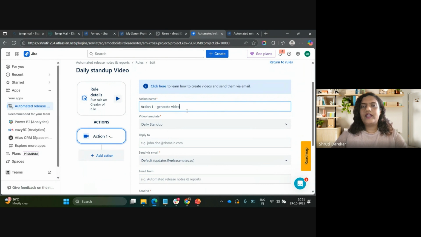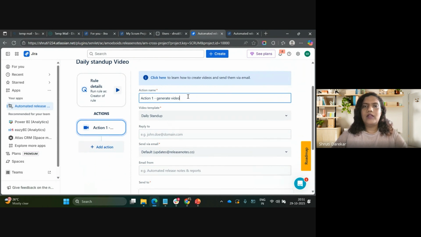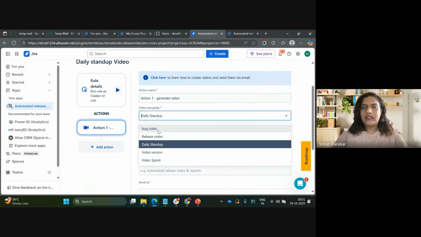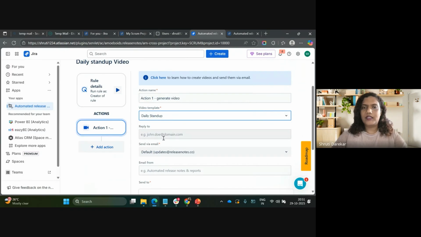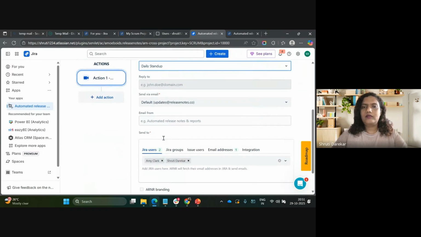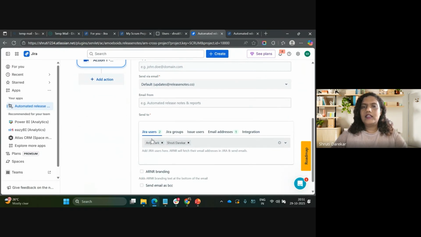So in video action, you can name the action whatever you want for your information. Select the template that you want to create. So here, the daily stand-up template is already selected. And select which users you want to send it to.